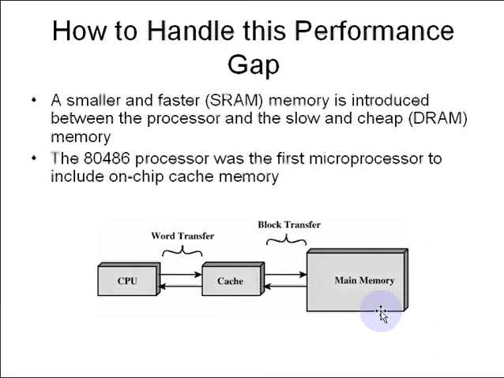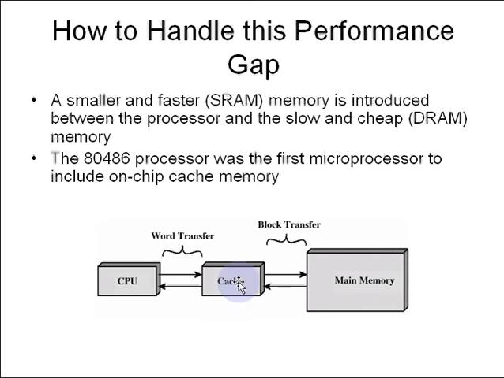Typically, for main memory, dynamic RAM is used. Dynamic RAM needs periodic refresh, which makes it slow, whereas static RAM is used to build cache memory. Static RAM does not need dynamic refresh, so that's why static RAM is faster. But static RAM is expensive, so if you want to build a whole system using static RAM, the cost of the system will be more. That's why in a typical system we have both dynamic RAM and also static RAM.